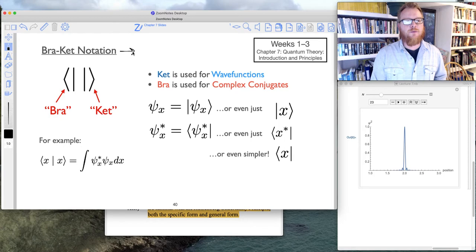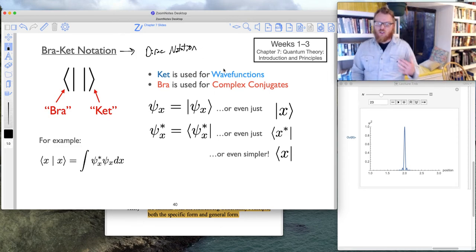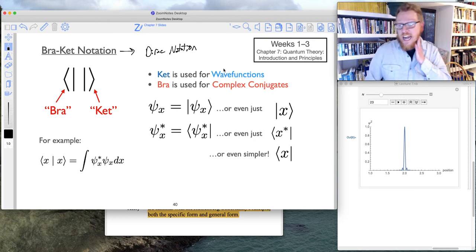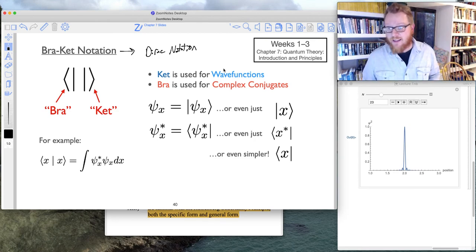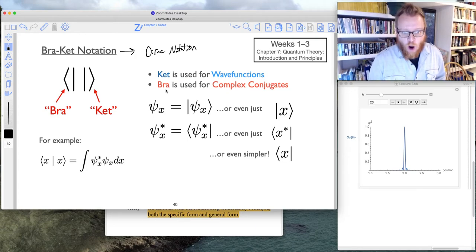More famously, this is called Dirac notation, for the scientist Dirac. I'm failing to think of his first name. But Dirac himself came up with this notation. We now more generally call this bra-ket. Okay? So a ket is used specifically for wave functions, and a bra is used for the complex conjugate of